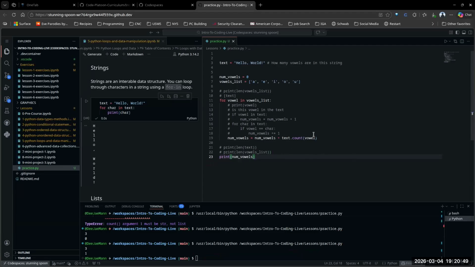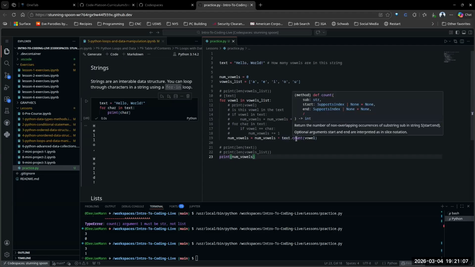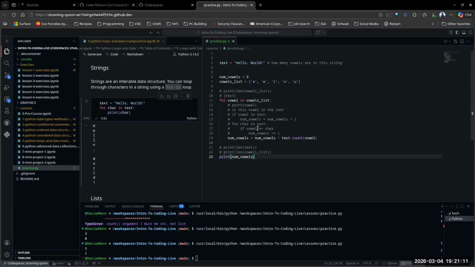The count was a very good suggestion because my initial thought was to use a nested loop, but when you can avoid nested loops, you do your best to. Now, most likely, this count probably has a loop inside of it that's doing exactly this, counting how many vowels, or how many characters of whatever character we're giving it, are in that list. So